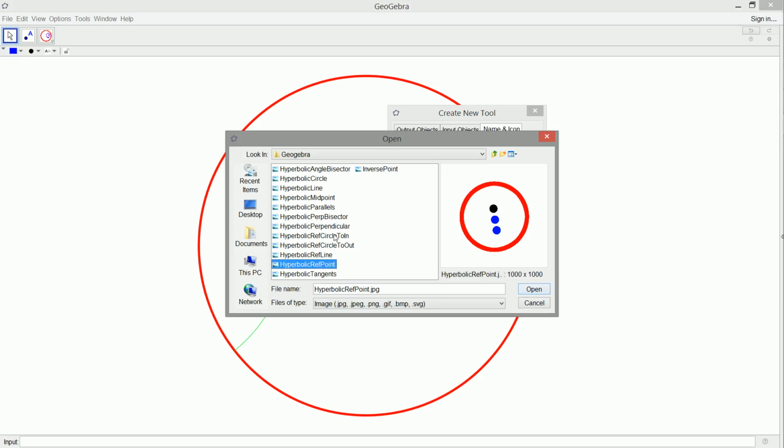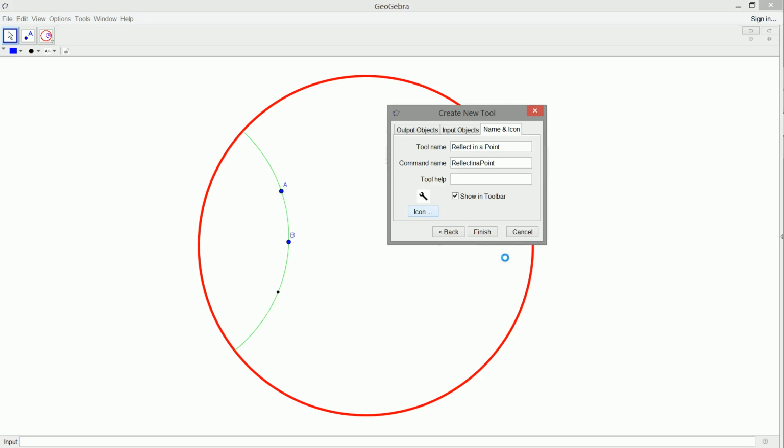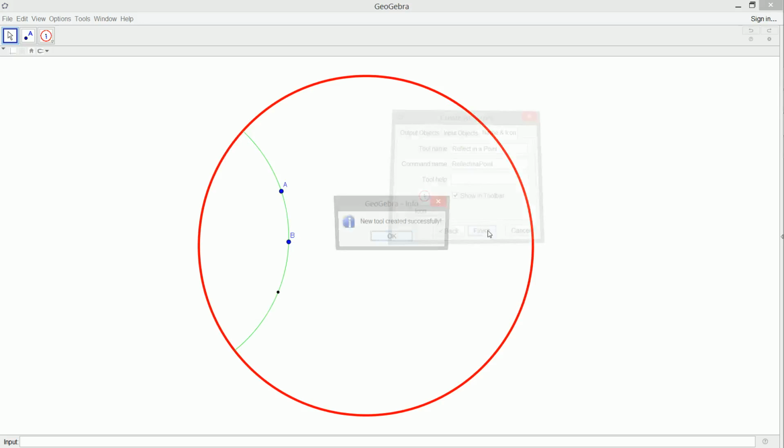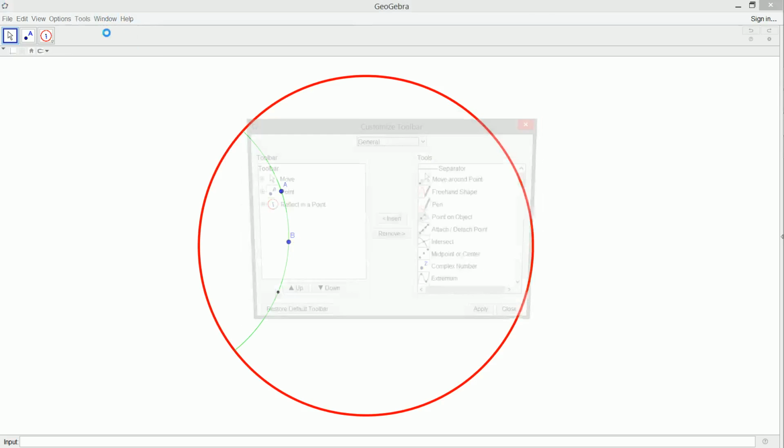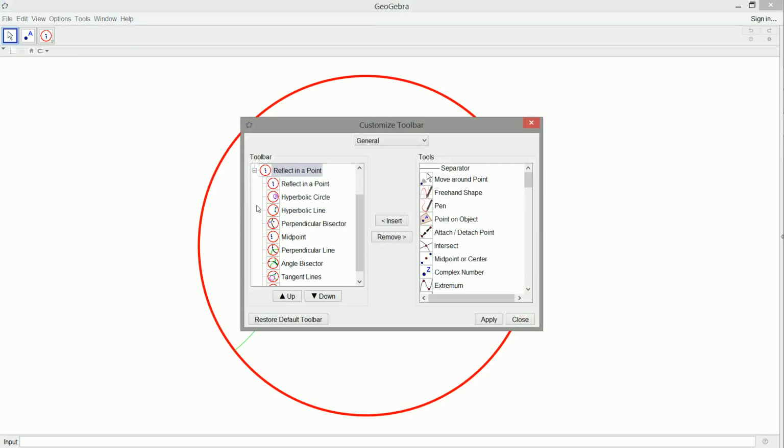Reflect in a point. You can see I have reflect in circle and reflect in circle. I'm going to do two of these separately in two different videos, reflecting from outside to inside a hyperbolic circle and reflecting from inside to outside. Those will be the next two videos. But there's our reflecting a point in a point. And we're good to go. Now I'm just going to move that down the list. And there it is all the way at the bottom of our list, but